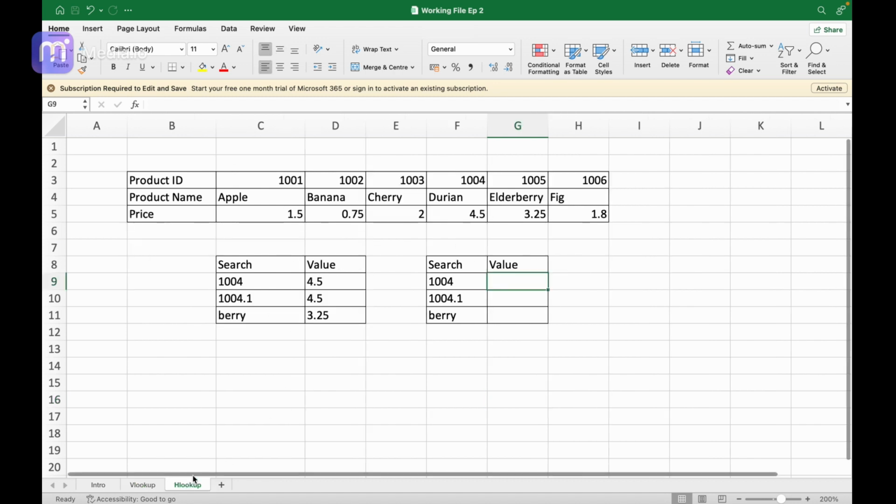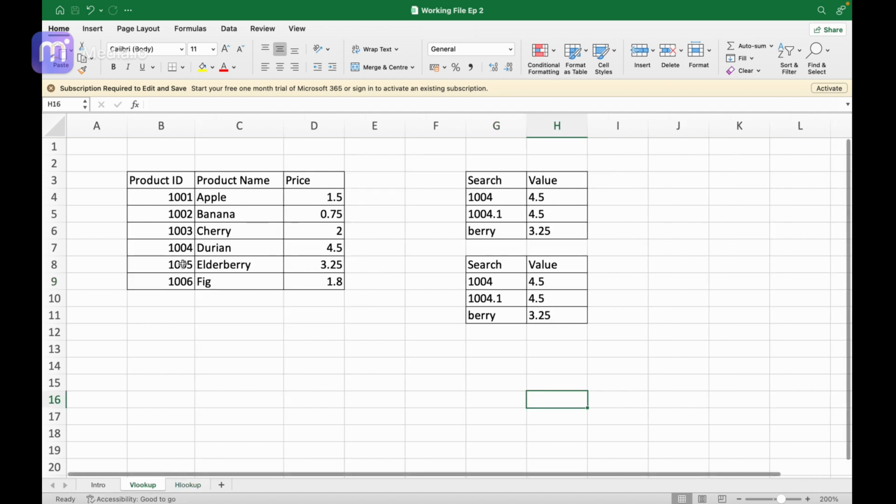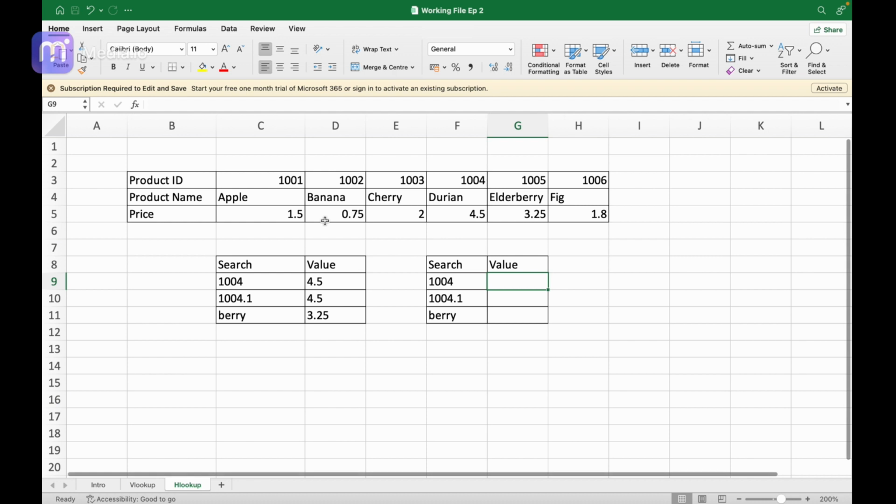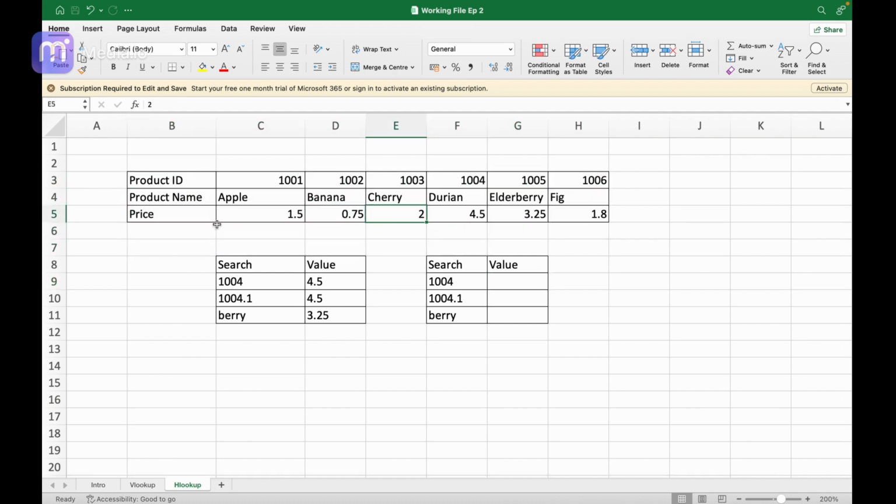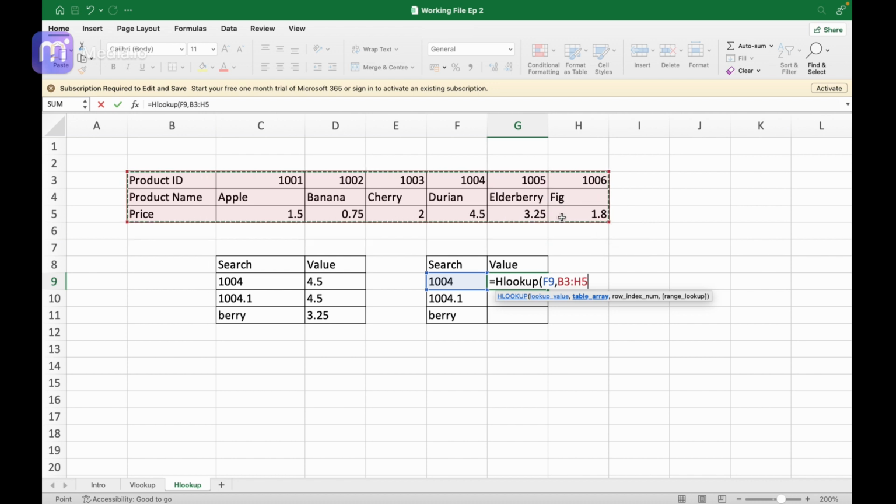Now let's move on towards the HLOOKUP function. You can see that we have similar data to what we have in VLOOKUP. The only change is that this data is horizontal. So the only change between VLOOKUP and HLOOKUP is that HLOOKUP searches for horizontal data and not vertical data, and the same thing we did over here. So now let's say I want to apply HLOOKUP over here, so I will type HLOOKUP, open the bracket, select the lookup value, which means the value I want to search, then the entire data set starting from the column where my data is, then row index number.